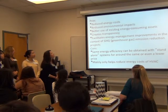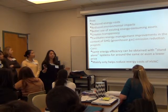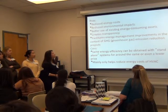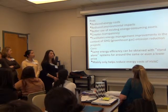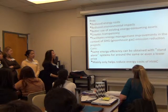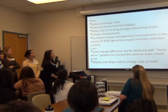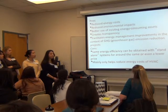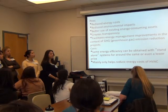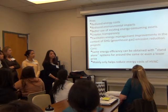So the pros: it reduces energy costs, it reduces environmental impacts because it's all in a computer, and it makes better use of existing energy consuming assets because you're able to monitor it all. It creates transparency because anyone can see it, and it facilitates energy management improvements in the context of greenhouse gas emissions reduction projects. So it's very easy to use and very simple, and it helps reduce energy